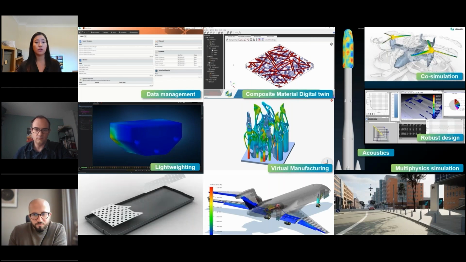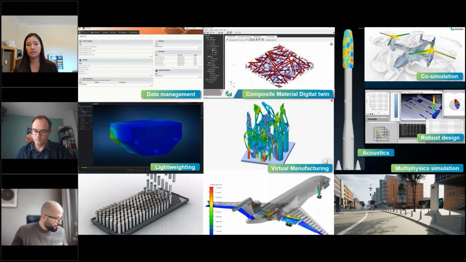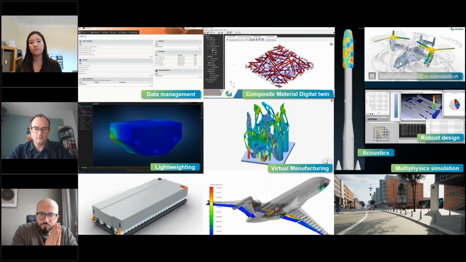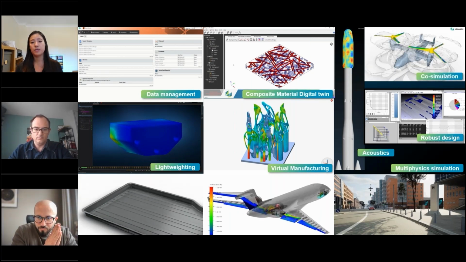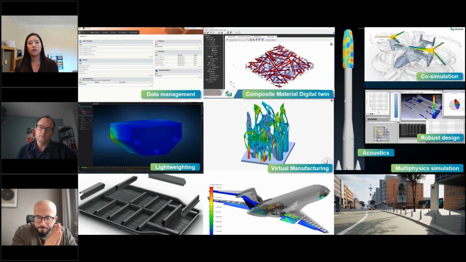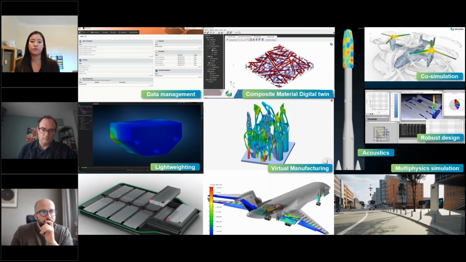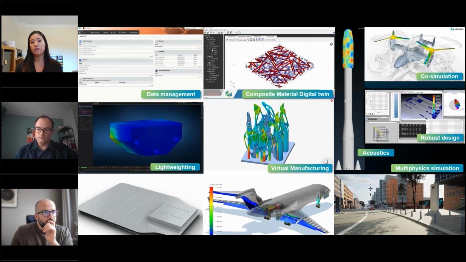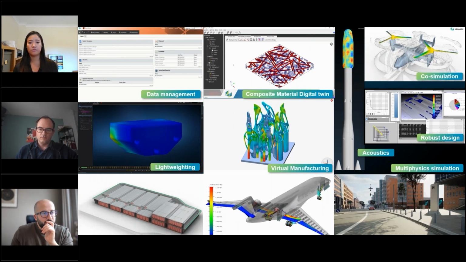So let's look at what our offerings can do. Our offerings cover a wide range of solutions and applications. Here are a selected few examples. We provide efficient data management solutions for material data and creating image-based microstructural digital twins to predict composite material behavior. Our topology optimization techniques help in component lightweighting, and our virtual manufacturing suite offers accessible solutions for simulating manufacturing processes. Some of the examples are additive manufacturing and also component assembly, as you can see in the video for the